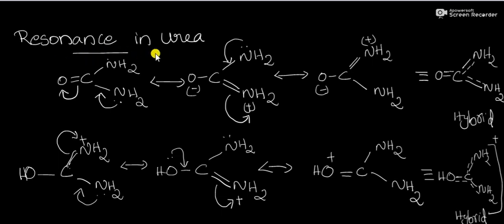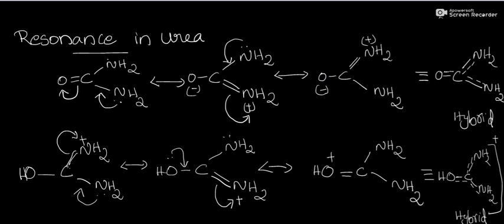Next is the resonance structure of urea. This is the structure of urea. See the double bond, O, NH2, NH2. When this lone pair of electrons shifts to this bond, this double bond will shift to oxygen. That is its resonating structure, and it can also resonate by the donation of this lone pair of electrons to this bond, and this double bond can shift to a nitrogen, and we get another resonating structure. And what is the resonance hybrid of urea? This is the resonance hybrid of urea, which means